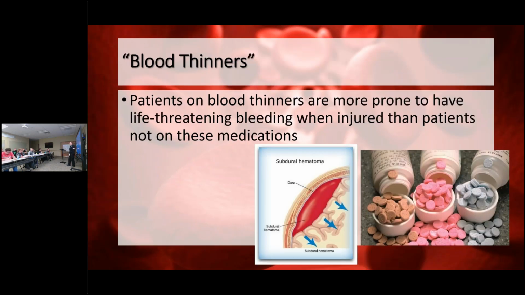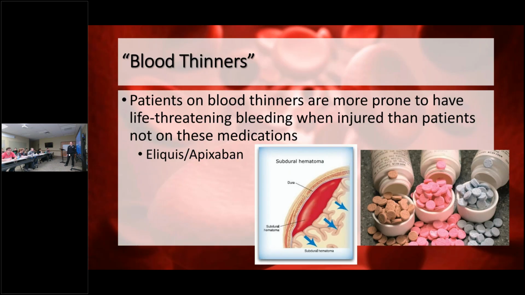So another thing that might affect how our patient clots is if they're on blood thinners. Does anybody want to take a stab at certain names of blood thinners? Plavix. Yes, good. What else? Coumadin? I heard somebody else say the one that starts with a W. Warfarin. Yep, that's one. So, Eliquis or Apixaban,